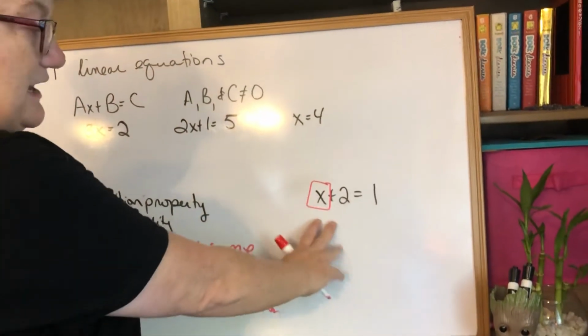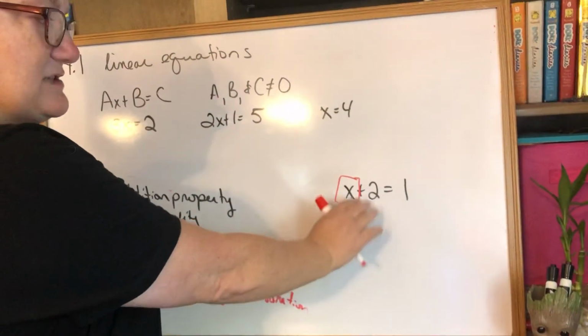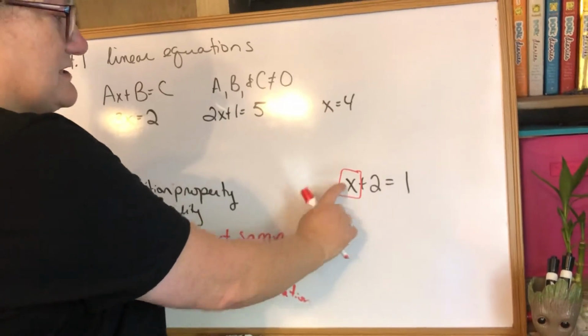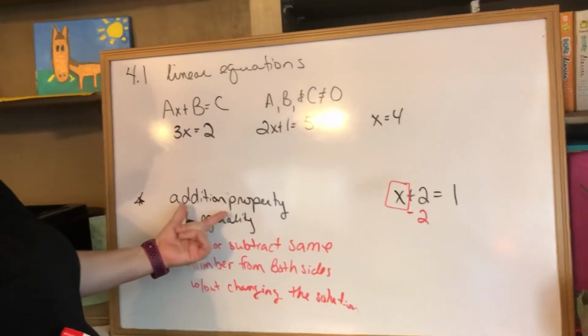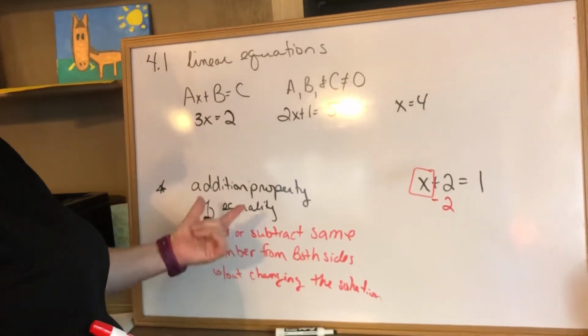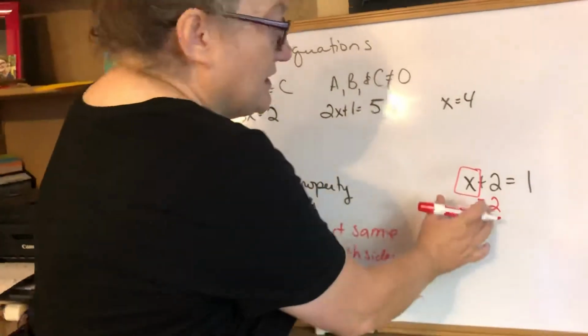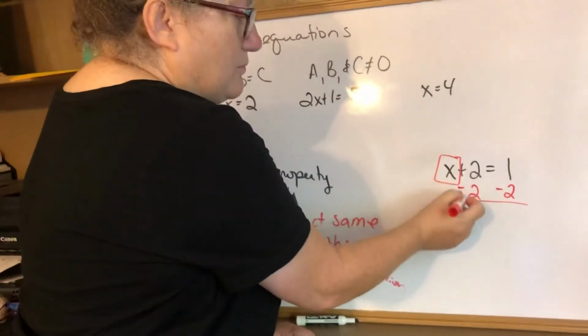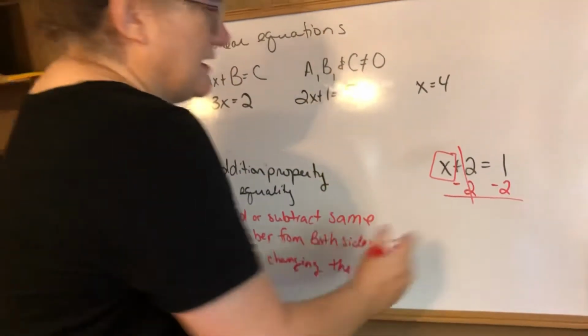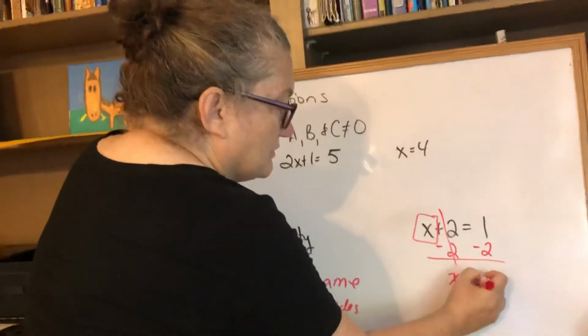On this left side we have x, whatever x is, plus 2 more. So to get to just x, I'm going to subtract 2. But to make sure we use this addition property of equality, we have to subtract that 2 from both sides. So I subtracted 2 here, and I'm going to subtract 2 there. So then 2 plus negative 2 would just go away, and this would just become x equals negative 1, and